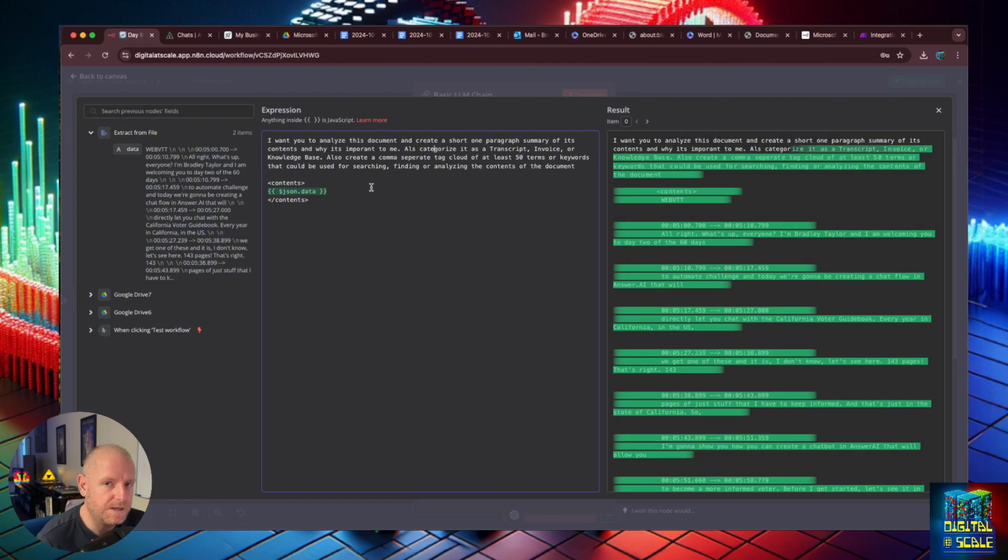I gave it a little bit of context about what I'm going to be using this for, because we're going to see tomorrow how we're going to use this tag cloud with our Sidekick to create really what the Sidekick should be looking for, so that it can take your search terms and have a little bit more context about what's in there besides just the raw contents. It helps search through more documents and have a bigger, more